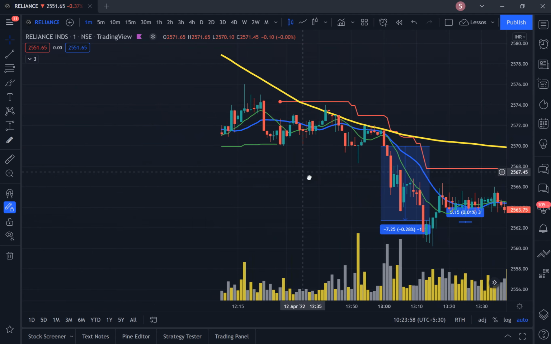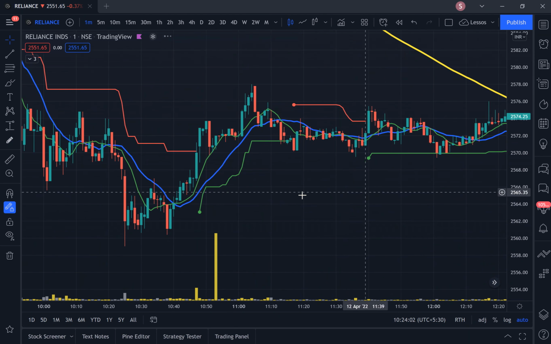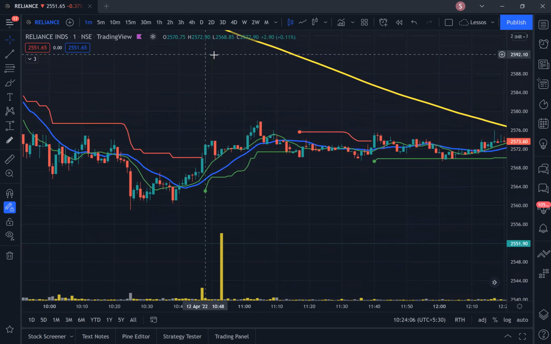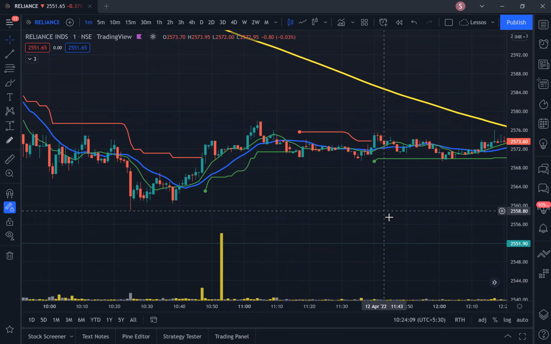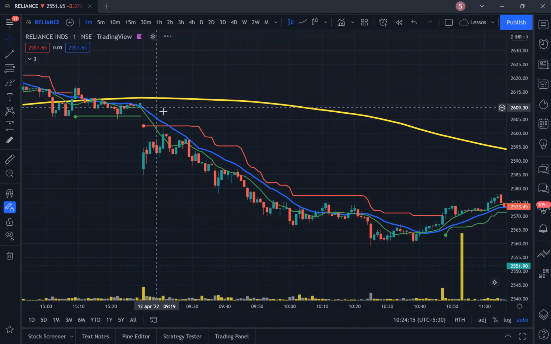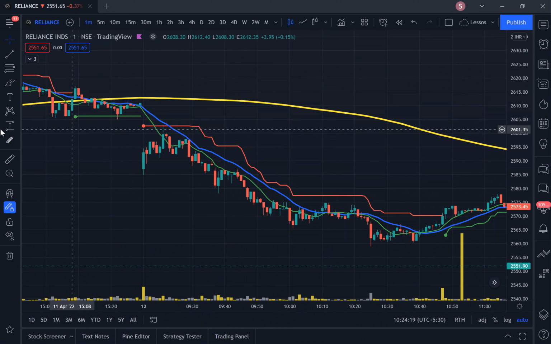Let's see another. See again, short entry could be taken. So again remember, when the price is too far below the 200 moving average, try to avoid taking any trade, whether it's short or long. Now here you see such a perfect entry. You see you enter at this point,